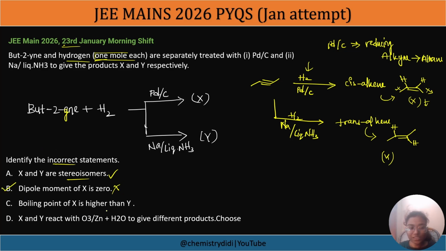Boiling point of X is higher than Y. So how do you check the boiling point? Most of the people might get confused over here. So here you need to compare intermolecular interactions. Just try to understand based on the interactions. If it has more attraction or more